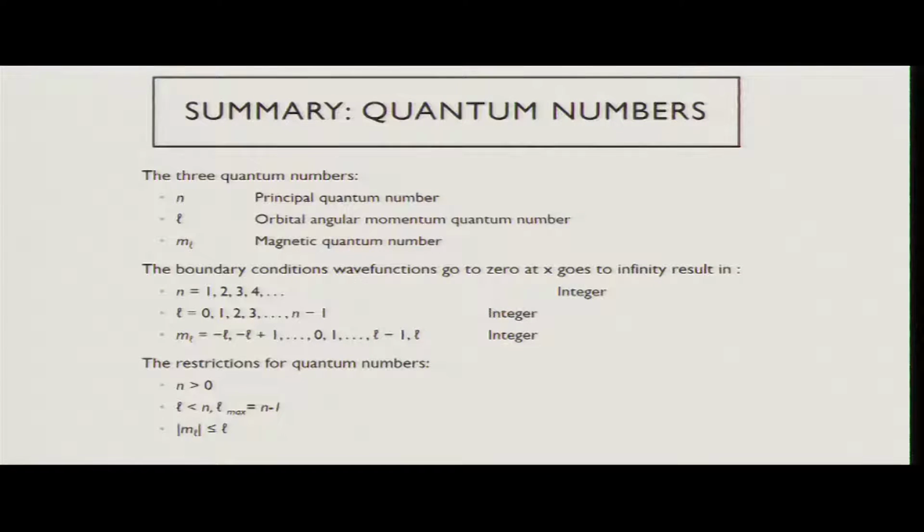m sub l can go from minus l through 0 to plus l, and the restrictions for the quantum numbers are such that n has to be greater than 0, l has to be greater than or equal to 0 and at maximum n minus 1, and the modulus of m sub l is less than or equal to l. With this summary, let us finish the idea of the hydrogen atom,